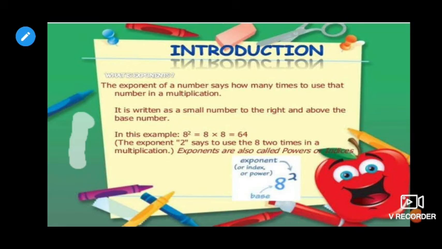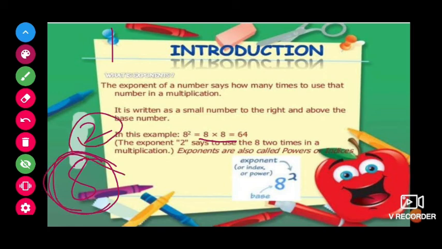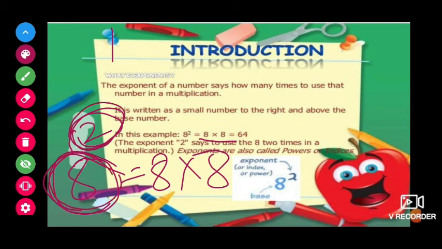Squares: whenever we take a number and multiply it with itself, we call it the square of that number. How do we denote it? For example, if we multiply 8 by itself, we denote it as 8 into 8, that is 8 square. Here one number is at the bottom and one number is on the head of that number. This denotes 8 into 8. So here this 2 means this 8 is raised by 2.